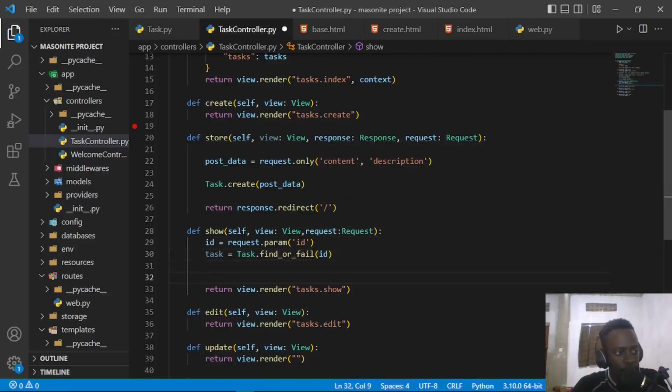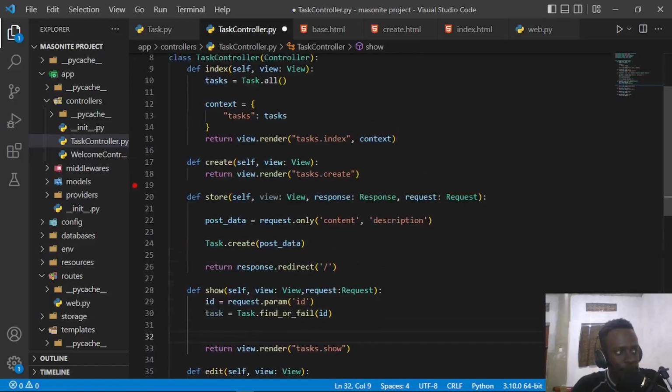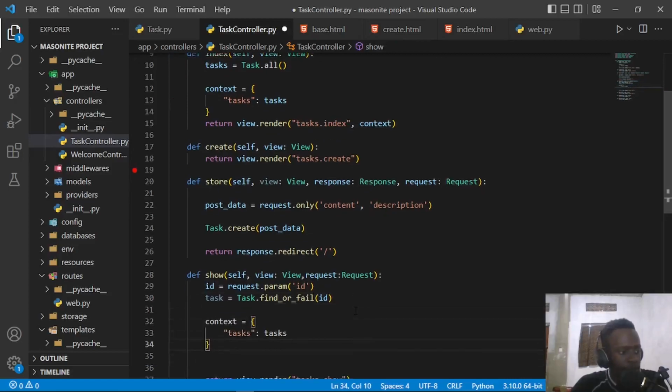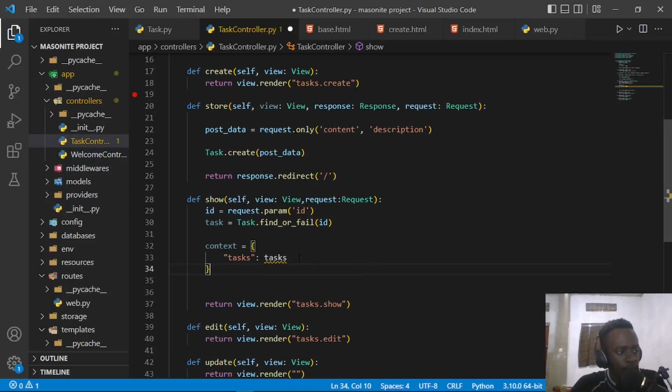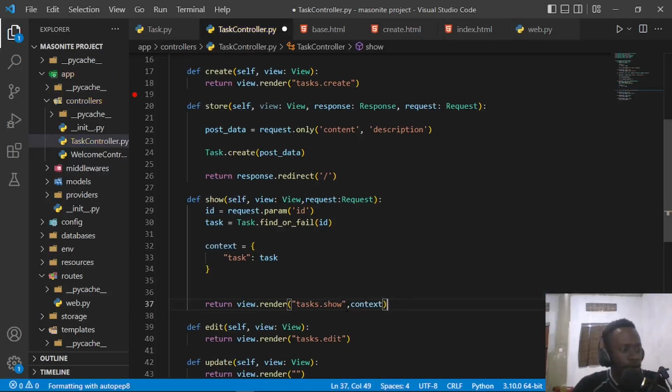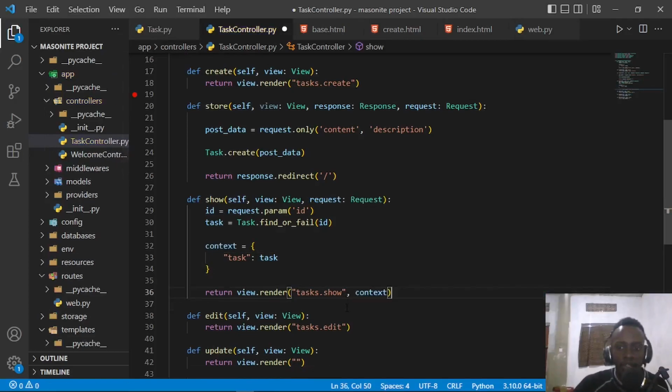Now we can do the same thing just like we did for our context. I'm just going to copy our context dictionary right here, and instead of having tasks, I'm going to have task since we want a single task. So this is going to be task and this will be task, and I'll provide our context dictionary. I'll go ahead and save, and now let's edit our show template. When you go to our templates right here,